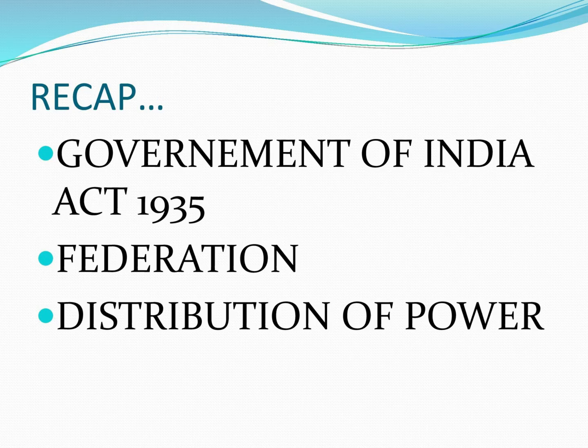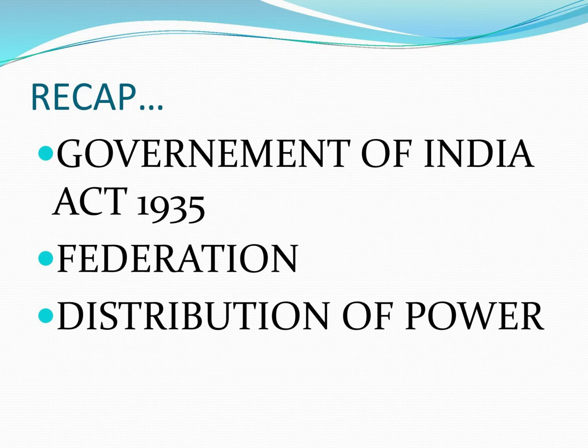In that, the first one, the federal list, consisted of 59 subjects like external affairs, currency, defense, etc., over which the federal legislature had legislative power. It means that the power to make legislation regarding all these subjects is given to the federal legislature. It alone has the power to make, modify, or pass any law falling under these subjects.